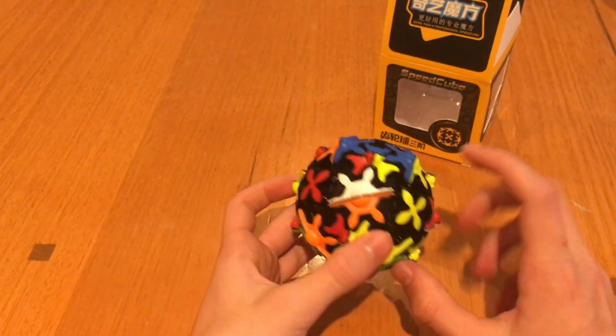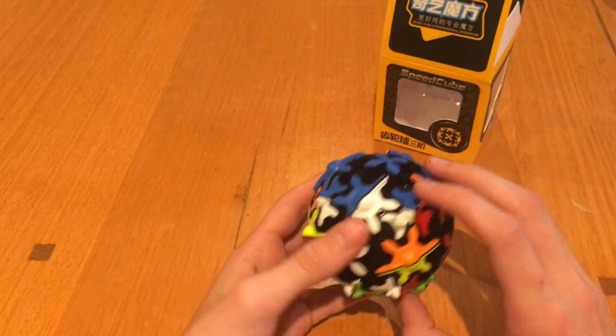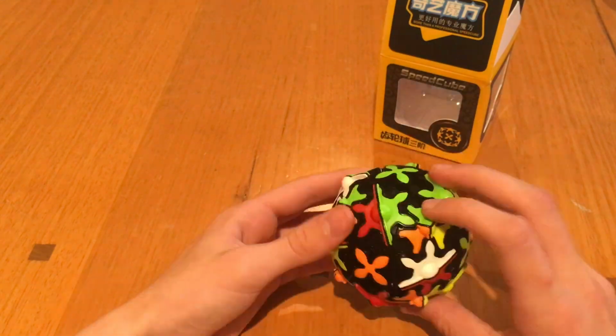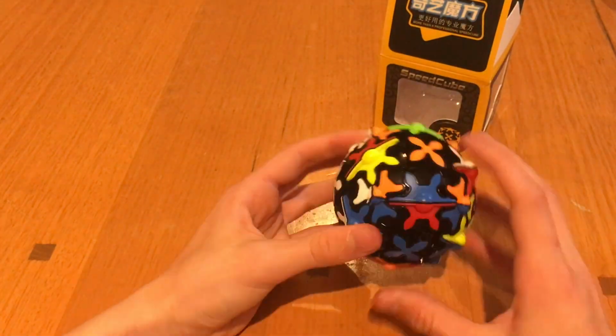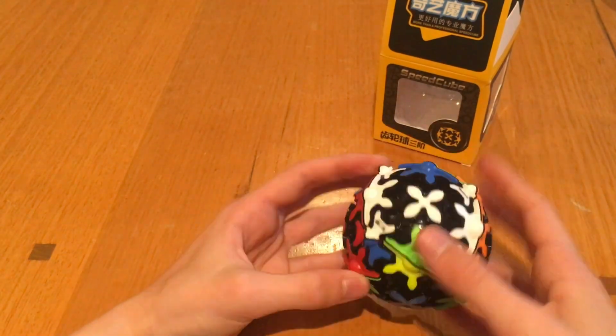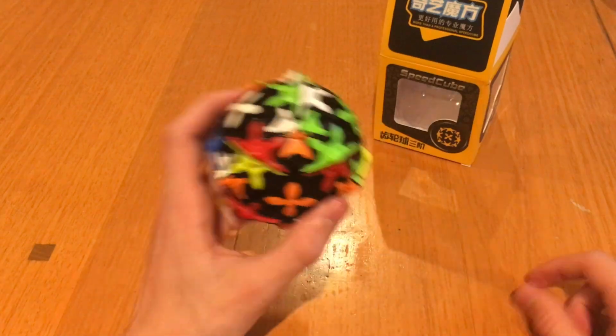positions. Now you've got this, but how do you solve these edges now? That's my question. Honestly, I think I'm stuck with this puzzle too, so...